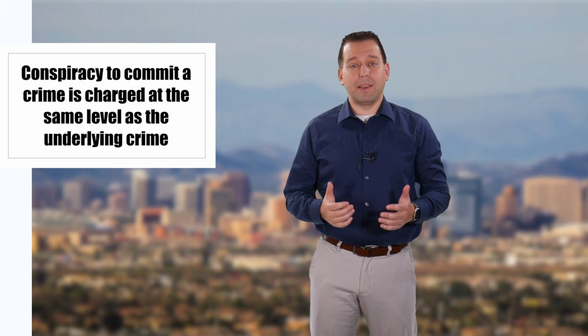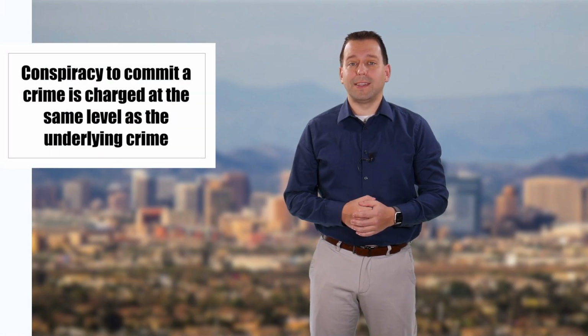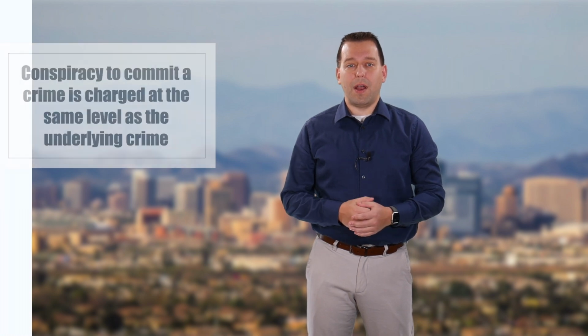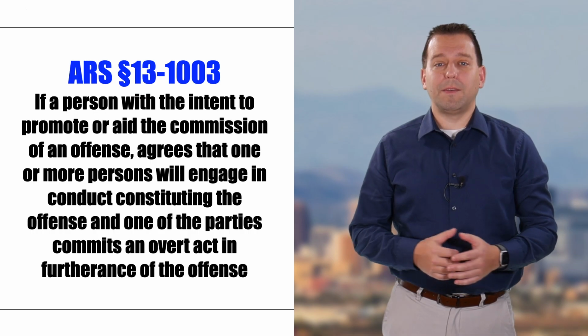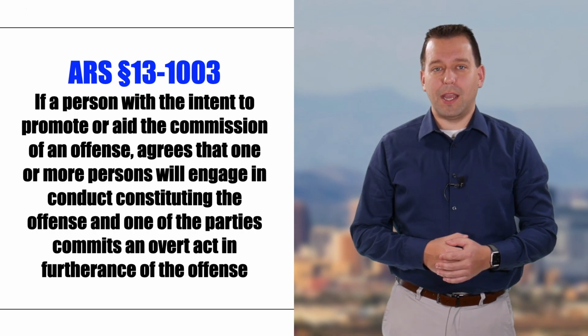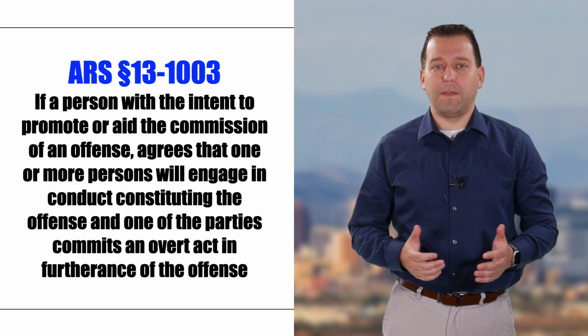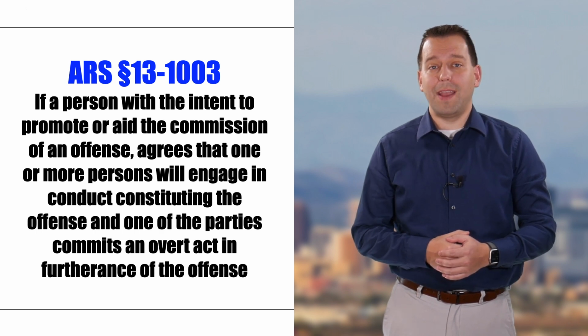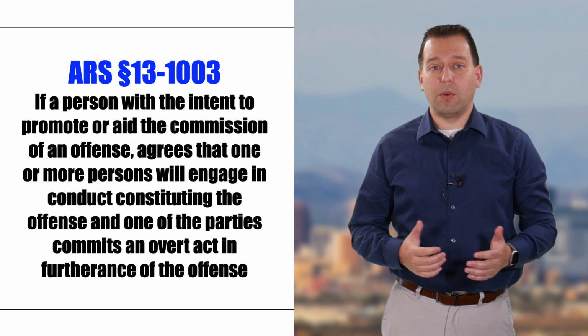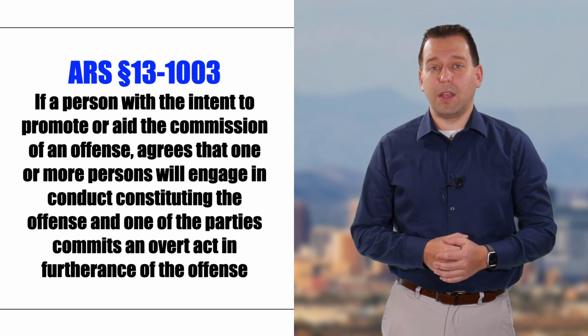So, starting with conspiracy. Generally speaking, conspiracy to commit a crime is charged at the same level as the underlying crime. So conspiracy to commit a Class 2 felony would also be a Class 2 charge. Conspiracy is defined by ARS Section 13-1003 and occurs if a person with the intent to promote or aid the commission of offense agrees that one or more person will engage in conduct constituting the offense and one of the parties commits an overt act in